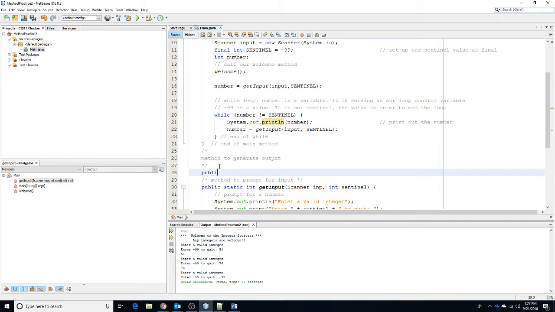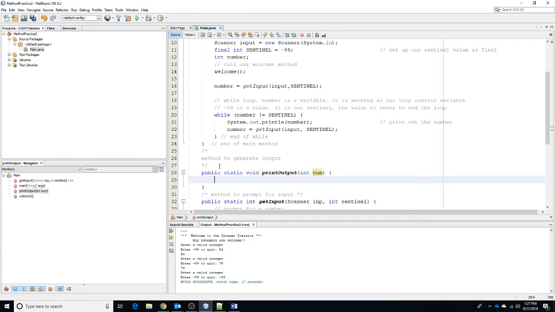Now, I'm going to create a static method. My output method does not need to return any values, so I'll make that return type void. I do want to make it something like print output. And I'm going to need to know what that number is that we got from the user so that I can print it out. So again, I'll do the S-out tab and say that I want to print out something nice like your number is